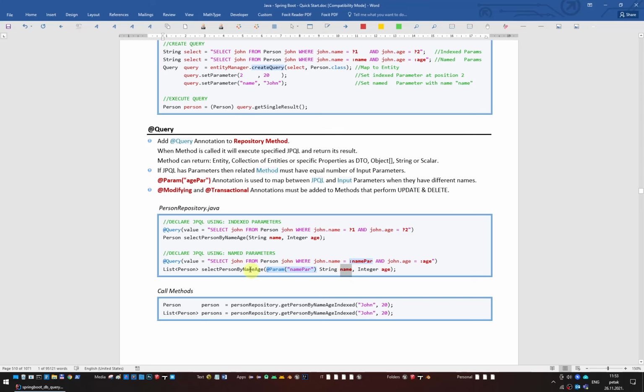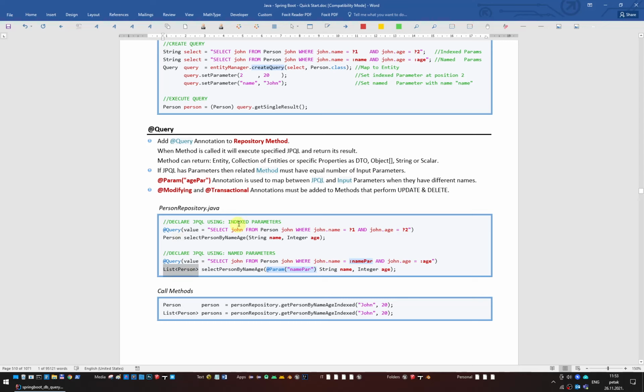this input parameter. In the previous example, our method returned a single person entity, but here we want to show that it can also return a collection of person entities. Once we define our repository methods, we can then call them as usual from our code by referencing the repository instance and then calling the method and giving the values to the input parameters of the method, and then when the queries are executed, we will receive the return value, either a person entity for this method or